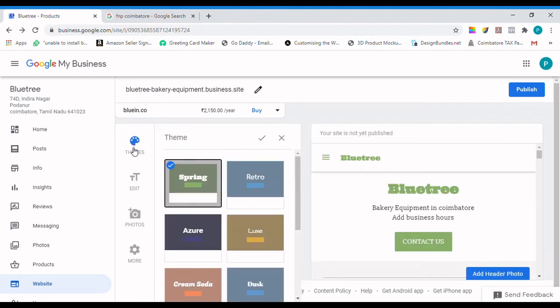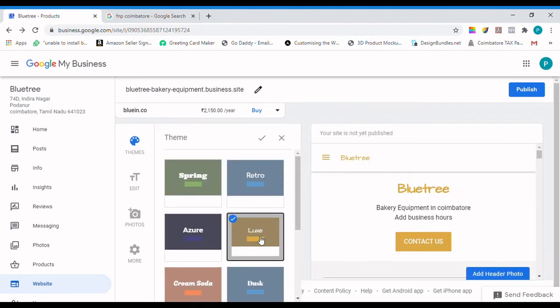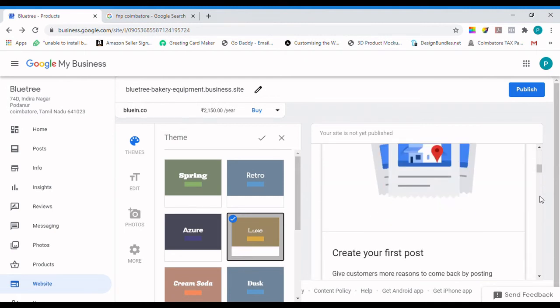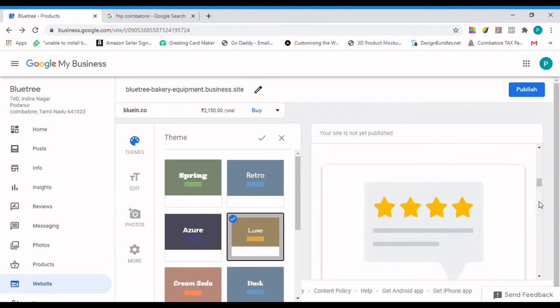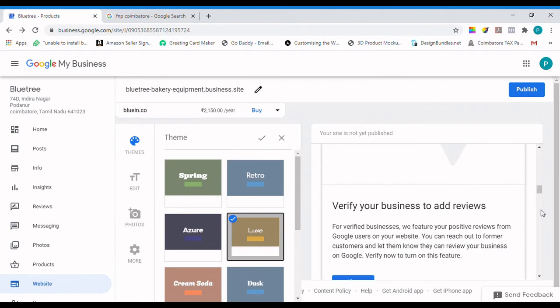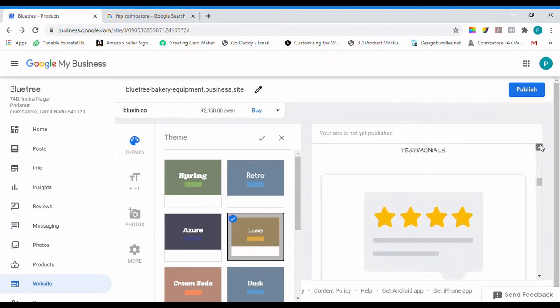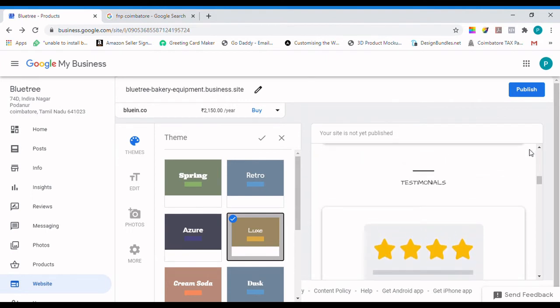See, there are themes available, so you can choose a theme which you want and you can edit the information which is provided here. You can add a header photo, you can create a post, you can add a testimonial from a user. This testimonial review will appear from the dashboard section automatically.